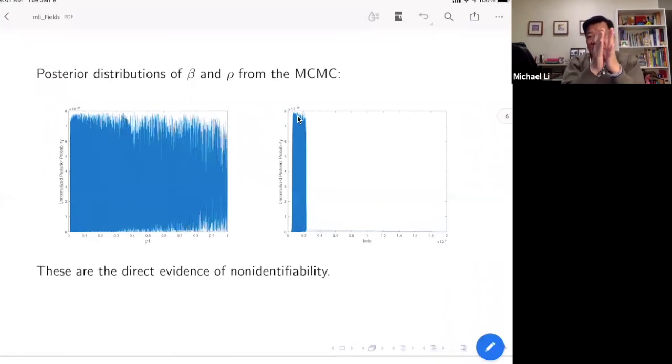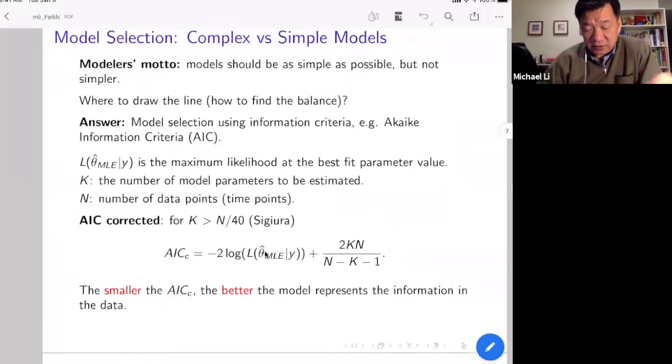So it doesn't have a very wide interval. You cannot vary that much, but within the small interval, there's no apparent best fit value at all. So they all have the same probability to be a best fit. For people who have run these sorts of things, you're in trouble when you see this kind of posterior. So this is also a way to check whether your fitting is problematic. These are the two pieces of evidence of